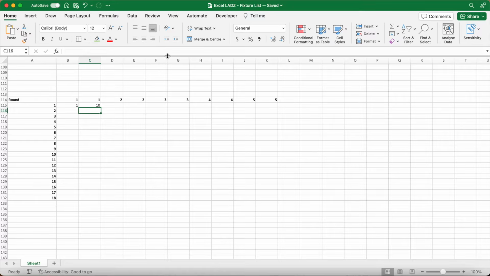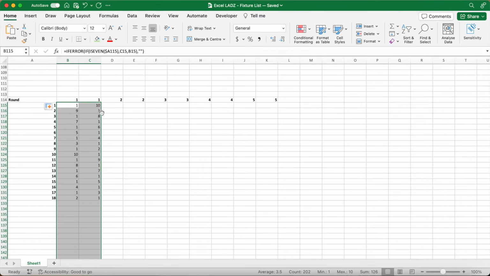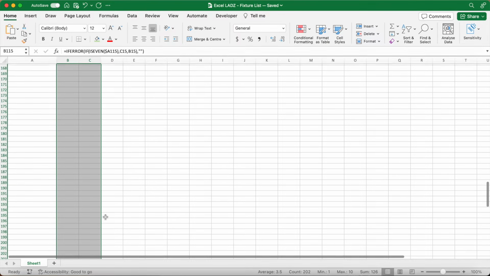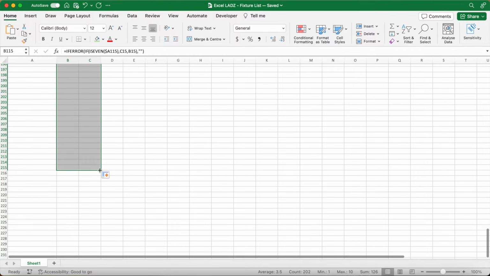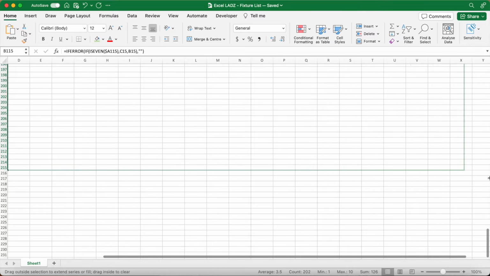Press enter, and then we shall get the team 10 here. So that corresponds with the matrix above, team 1 versus team 10. And now when you select cells B115 to C115, double click it so it fills down to row 215. We can drag that across to the Y column,